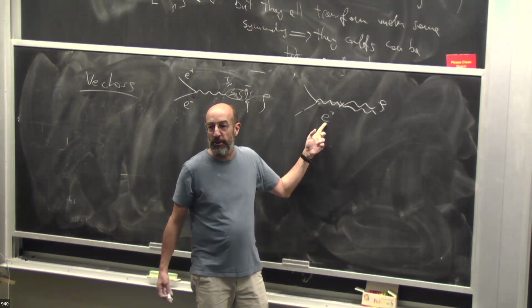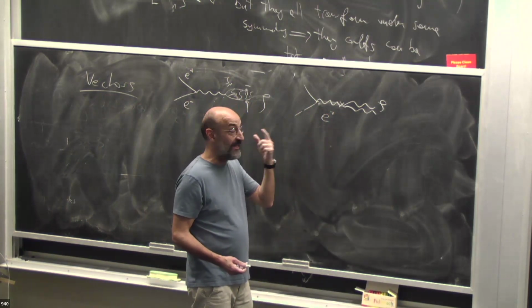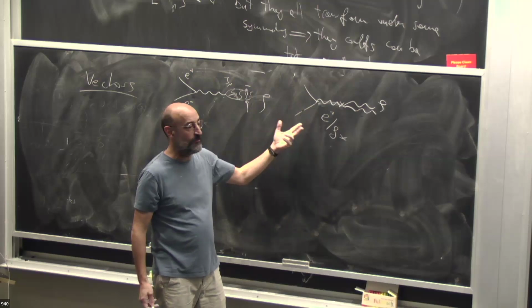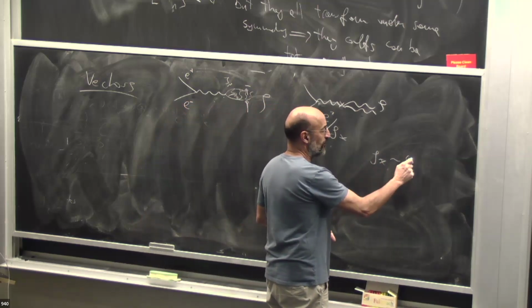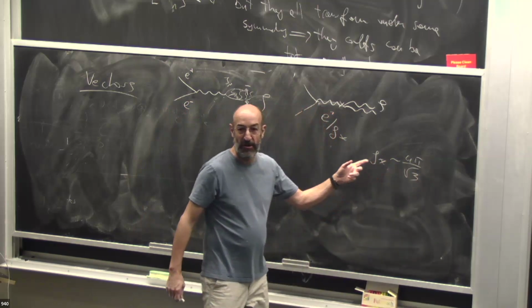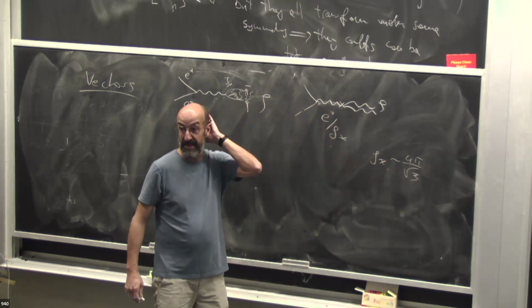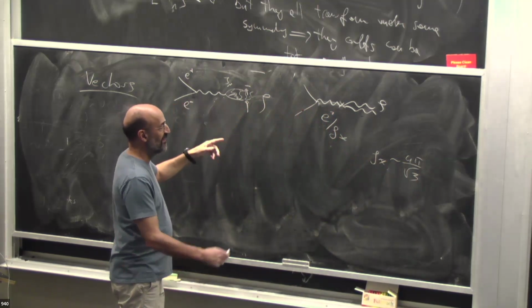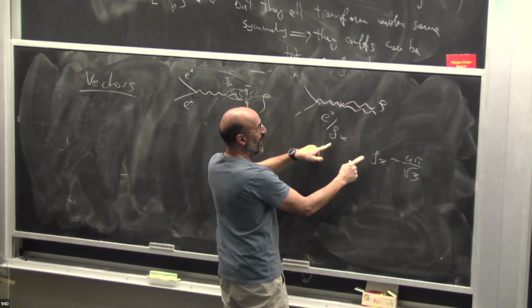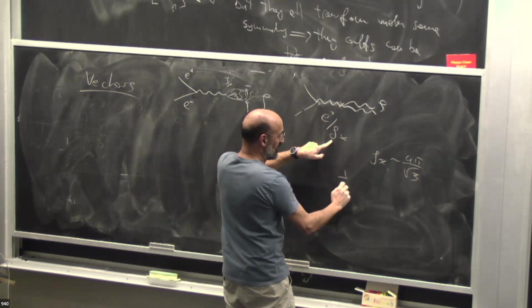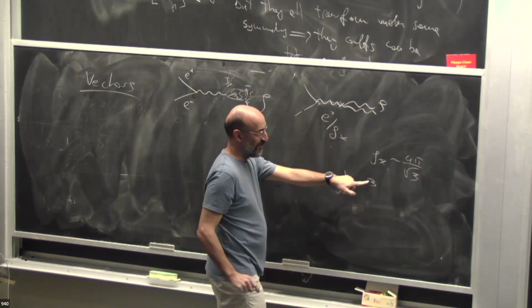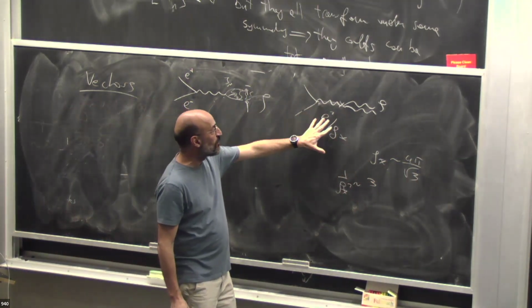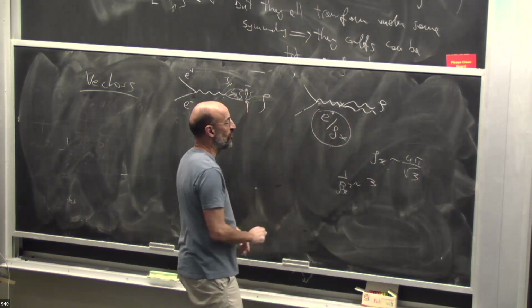So what should I do to fix that? I only have one other coupling at hand, which is the coupling of the strong sector. So I get g star here. So the effective coupling of e+ e-, which in the case of QCD, g star, is 4 pi over 3, which is the number of colors. And that's roughly the right thing. In fact, when you invert this and you square it, you get 1 over g star squared, which goes like 3, and it just measures the number of colors of the final state. But anyway, the crucial thing is that the effective vertex of e+, e-, and rho goes like that.